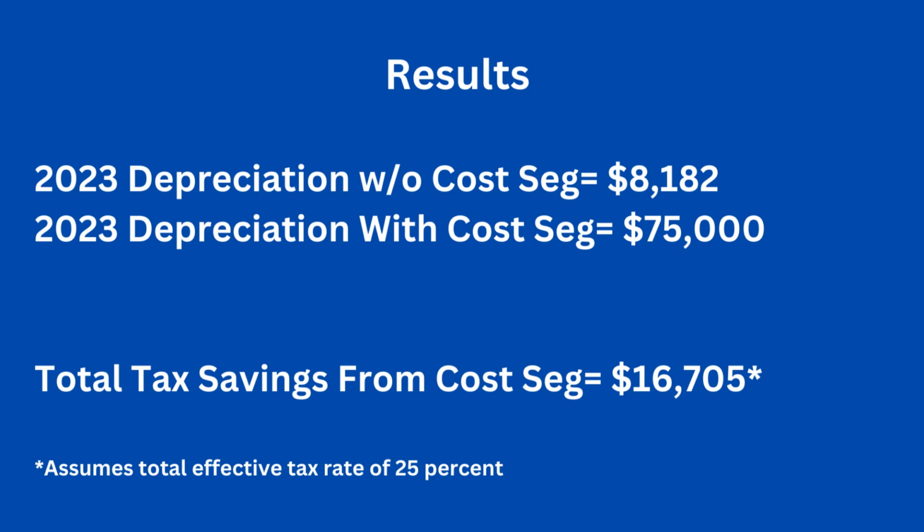And honestly, this is a bit of a conservative number. I just did a tax return for someone a few months ago that saved $22,000 on their tax return by doing a cost segregation study. They went from owing $21,000 to getting a $1,000 refund, doing nothing but a cost segregation study. So this is a very real and very powerful way to save taxes, to take advantage of the tax benefits